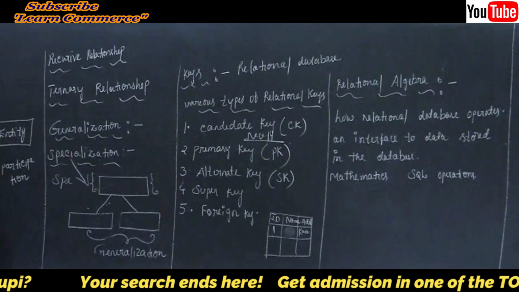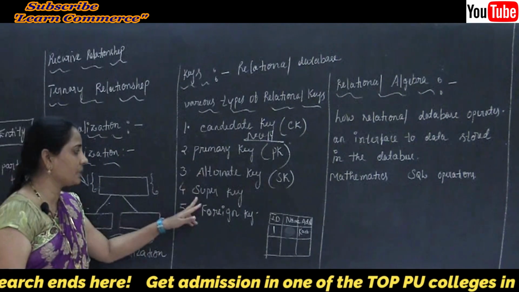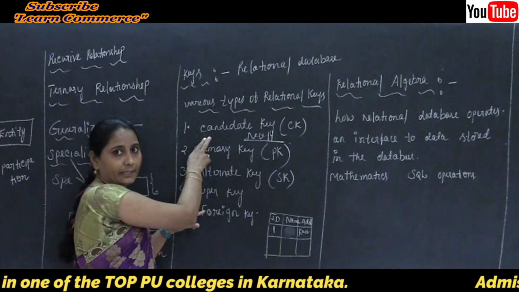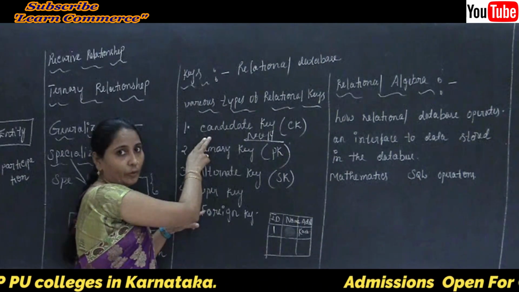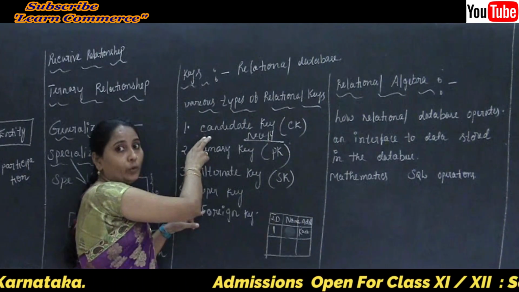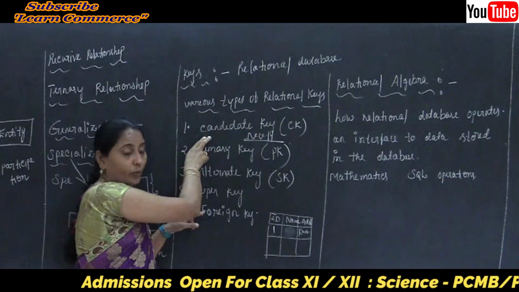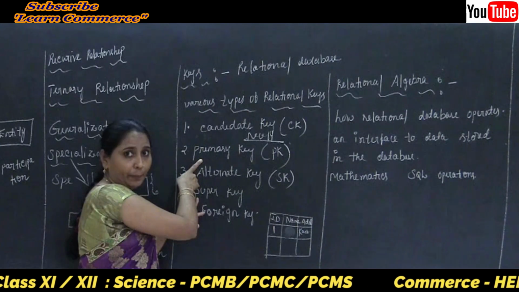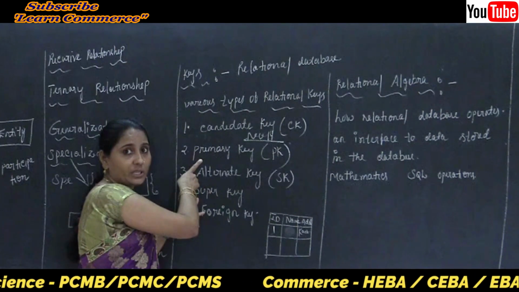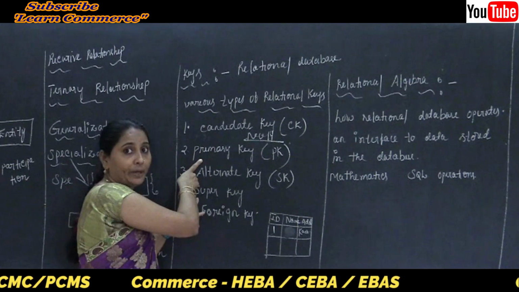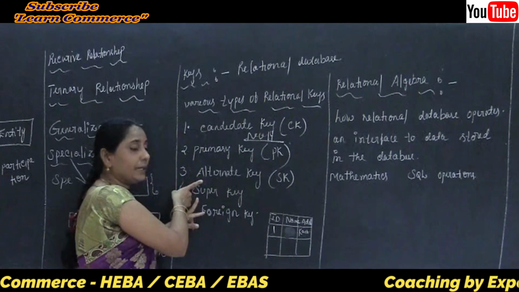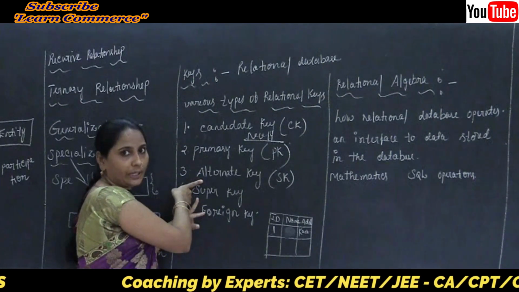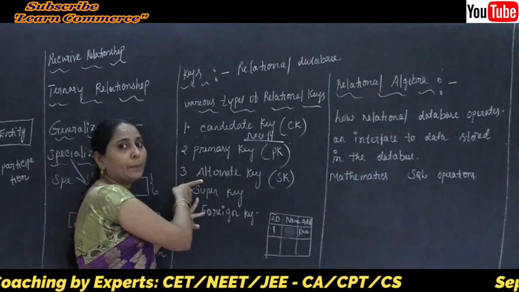What about the alternate key? And the next one is our super key. The candidate key means that for any column, the value we use needs to be unique, one time only. The primary key is the first column of a table, and the value we are using is not going to repeat, no duplication. The alternate key is the second column of a table, all the candidate keys but minus the primary key.